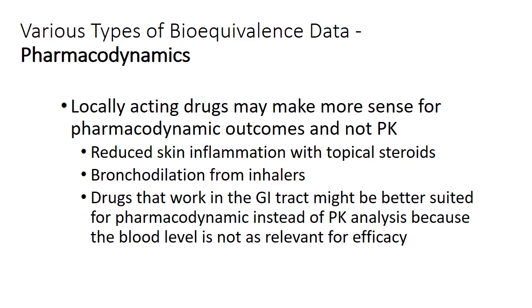Okay, so I'm trying to think of a better example. So if you had an antibiotic working in the GI tract only, which do exist, oral vancomycin does not really get absorbed. You'd have to give it IV for a systemic infection. So if you were giving something like oral vancomycin to treat a GI infection, you might measure or culture the GI bacteria. Okay, so again, that's kind of a tough decision. Is that clinical or is that pharmacodynamic? So if there's a gray area, I don't plan on asking that, but